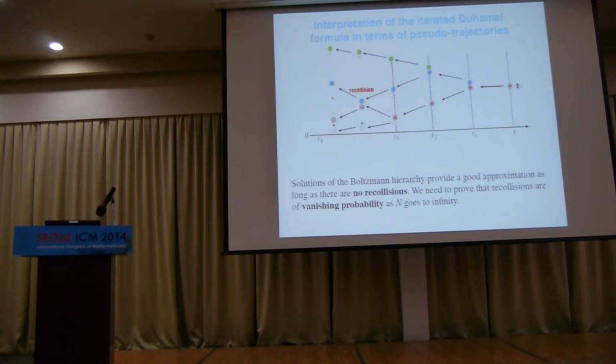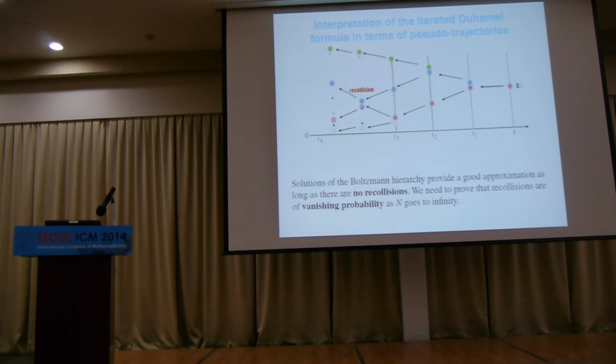They don't change direction. So once you've had this recollision, you see the blue Boltzmann center is very far from the blue BBGKY. And you'll never be able to prove that BBGKY looks like Boltzmann. So you have to kill recollisions. If you have recollision, you can't prove the convergence. And that's sort of normal, because remember, Boltzmann's idea is to say everything's independent after a collision. But of course, they're not here, because blue and orange hit each other again, so not independent. You really have to avoid this.